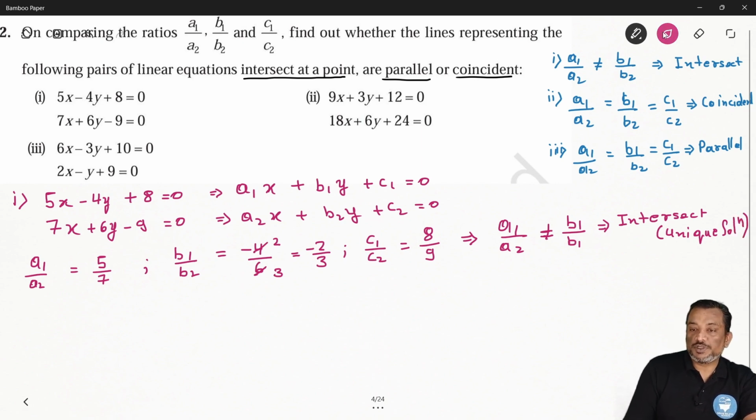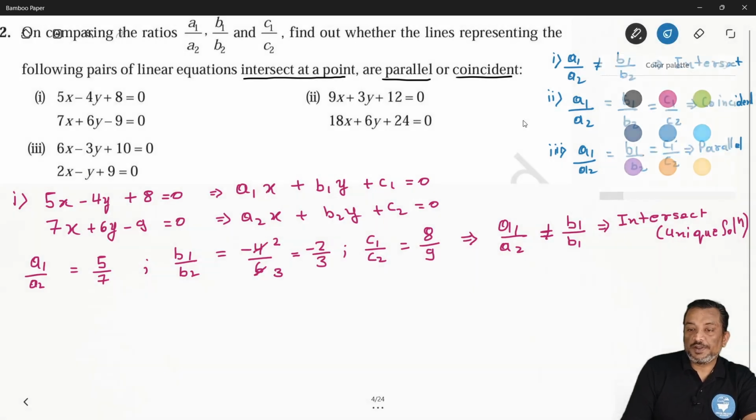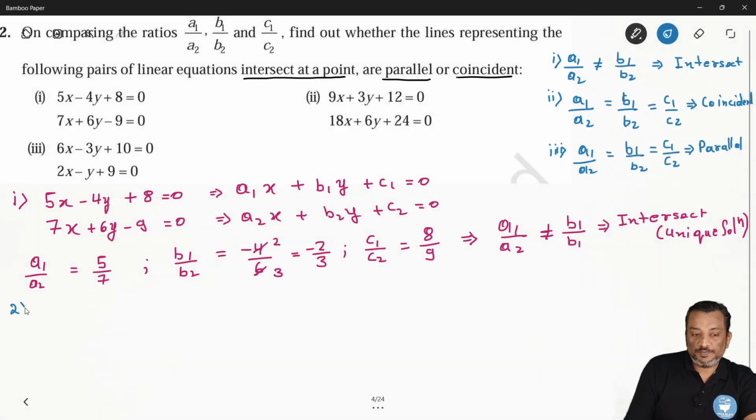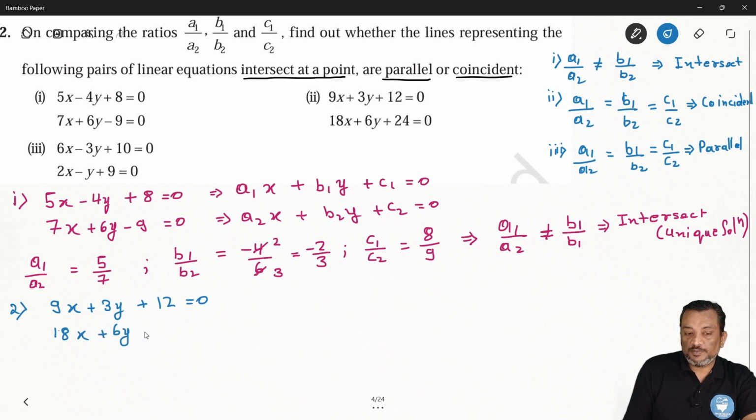Now let's solve the second question. So second question, it is saying, okay, let me say second one we have given 9x plus 3y plus 12 is equal to 0 and second equation 8x plus 6y plus 24 is equal to 0, ठीक है। तो यहां पे भी हम सबसे पहले a1 over a2 का सॉल्यूशन निकालेंगे। सो दैट इज 9 over 8।